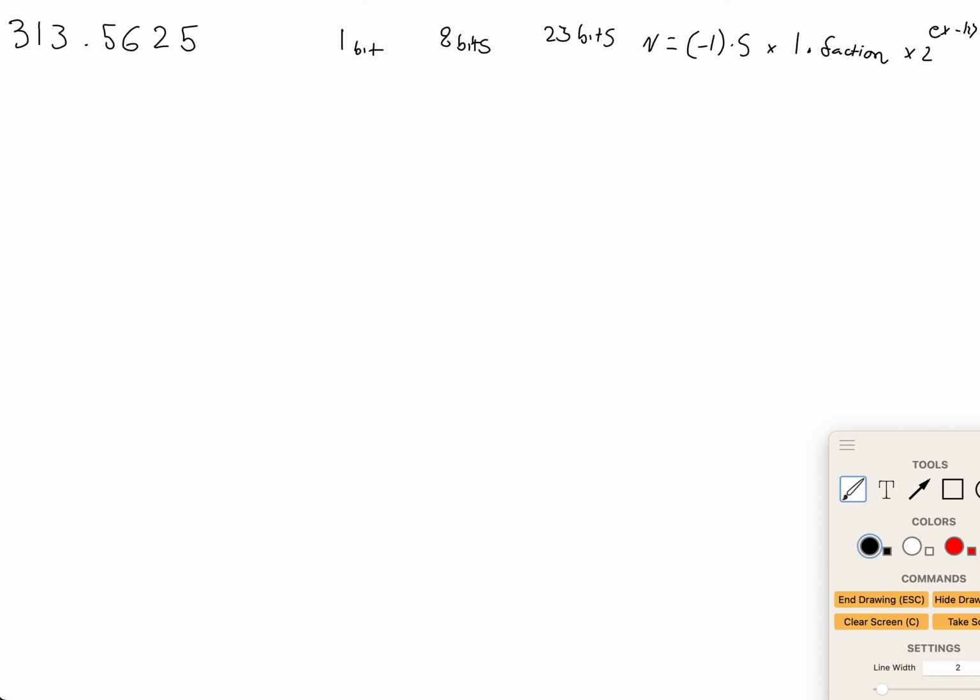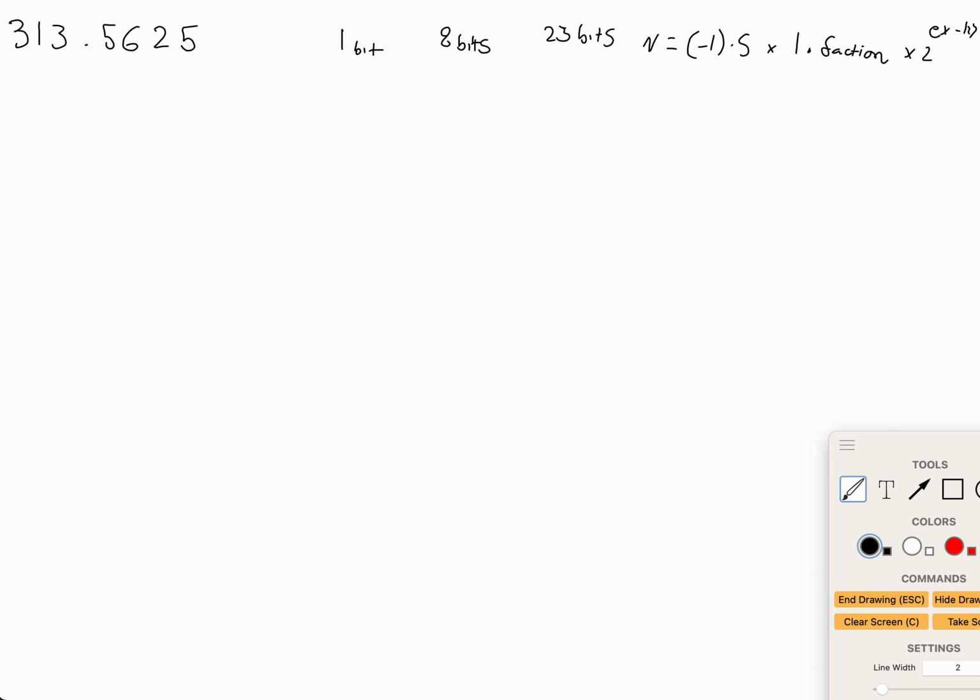Okay, so that's the formula. We're not going to start with this formula. We're going to break it down to get to the pieces we need, because this formula is what's used to take the stored IEEE floating point value and convert it back into a standard